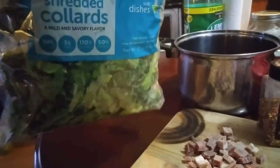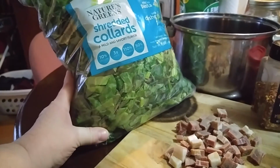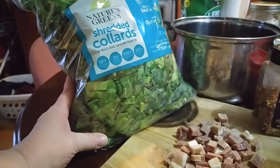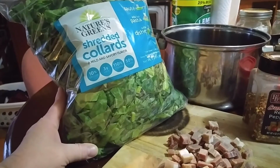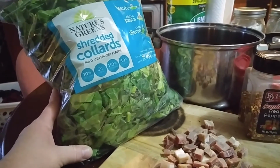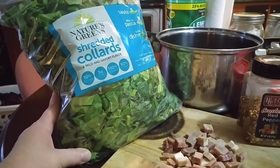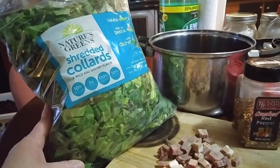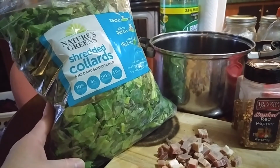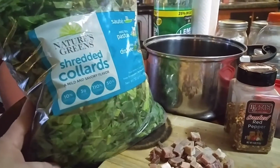We didn't grow any collard greens this year. In fact, the only thing that we have in our garden right now is Swiss chard. And I thought that I would be able to save it, but it looked like the cold got to it and some of it is dying. I'll probably be able to save some of it if it'll warm up a little bit, where I can get out there and dry off a little bit, because it's pouring down rain. If I can get out there and cut away some of the dead stuff and then cover up the stuff that's going, I can probably keep it going for a little while. But anyway,